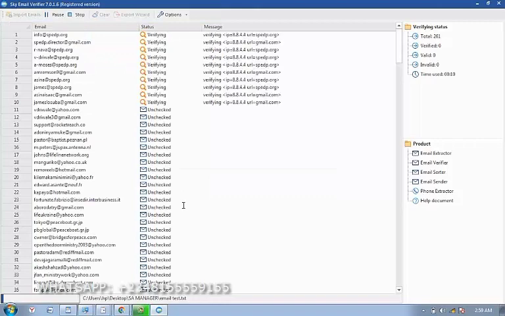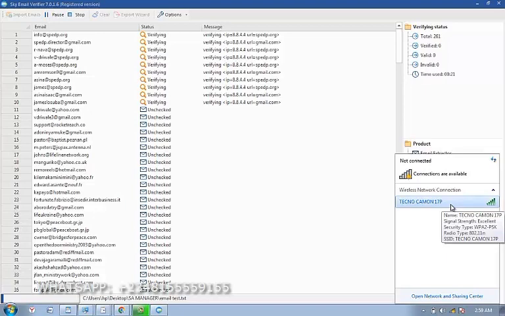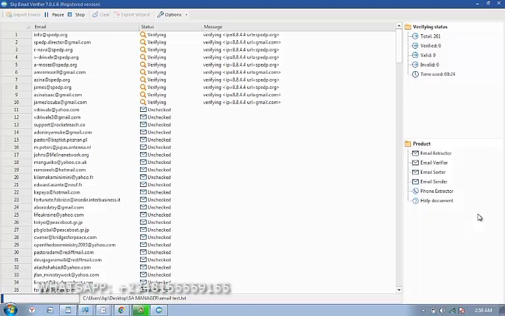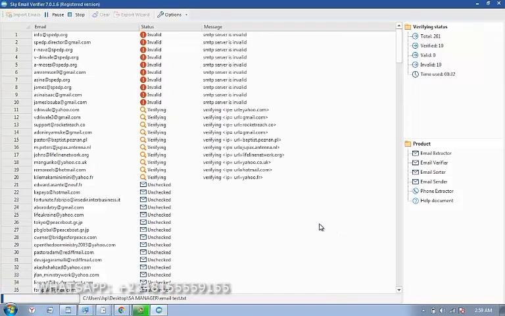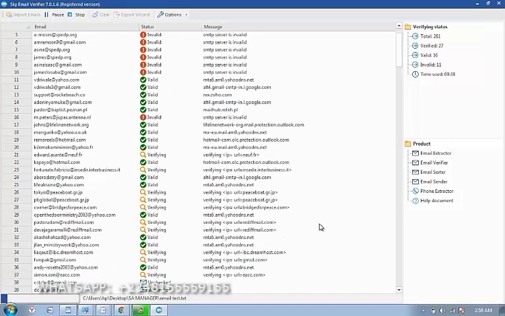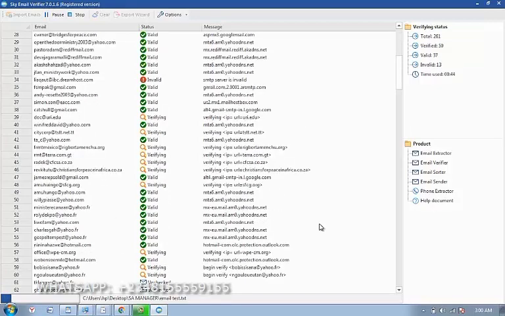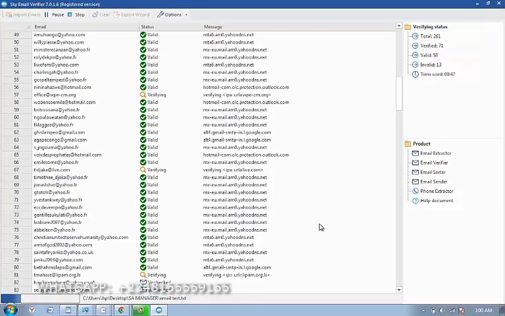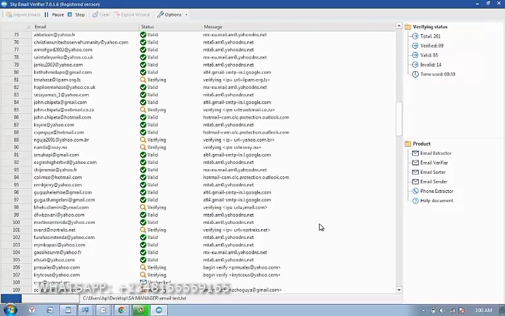Here you need to turn on your internet, because without the internet this will not properly work. So you go back to your internet connection again, then you turn it on and connect. This software does not actually have a limit of what it can verify. You can verify as many emails as you import to it, but just for the purpose of this video,